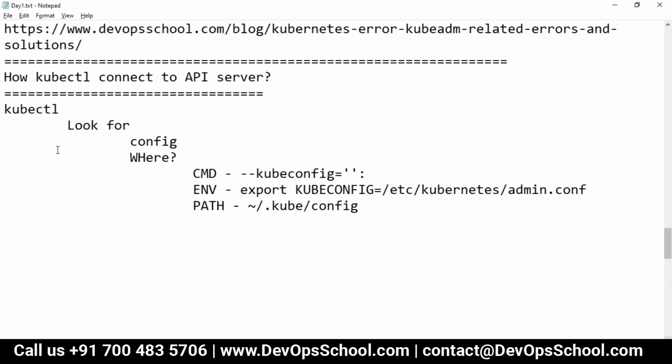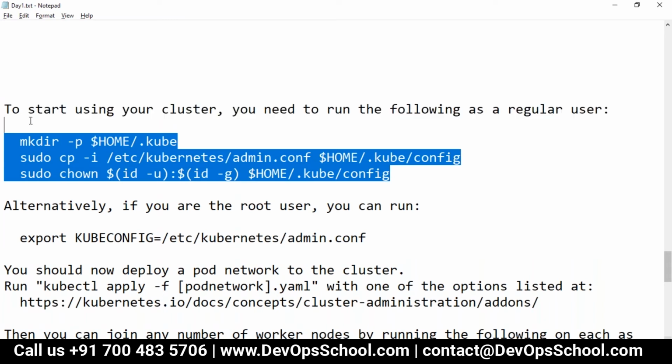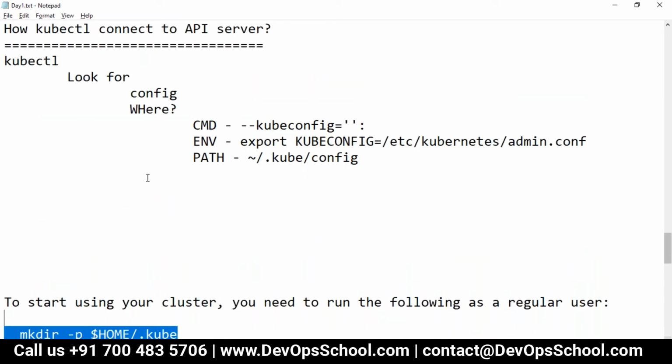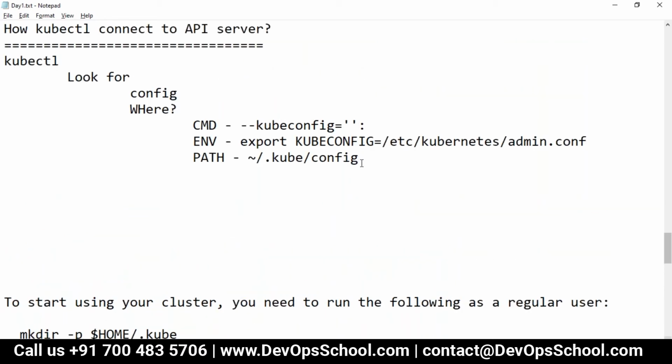Now next thing is, okay, fine, I understood. Any of these places you set the config file, which I have already got through the init process, and workstation is set up. You can do that if you copy the content of this and put it in a different machine, and if that machine is accessible to API server, you are setting up the workstation in another machine. Simple. But why did I set up in the same machine, in the master? Because I want to experience the pod the way I run it. I don't want to jump from machine to machine and get confused, because it's a learning process, right?